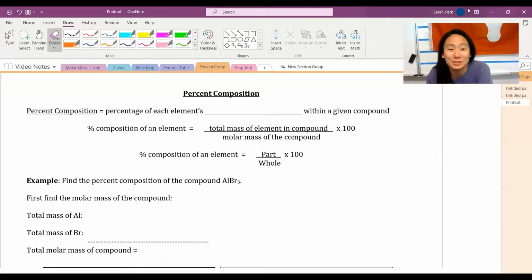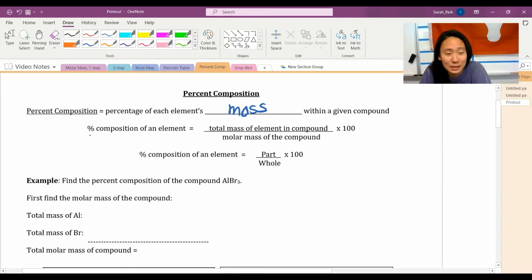Let's learn about percent composition. So percent composition is the percentage of each element's mass within a given compound. So it's a formula that you're using to find how much of a particular element's mass contributes to the entire